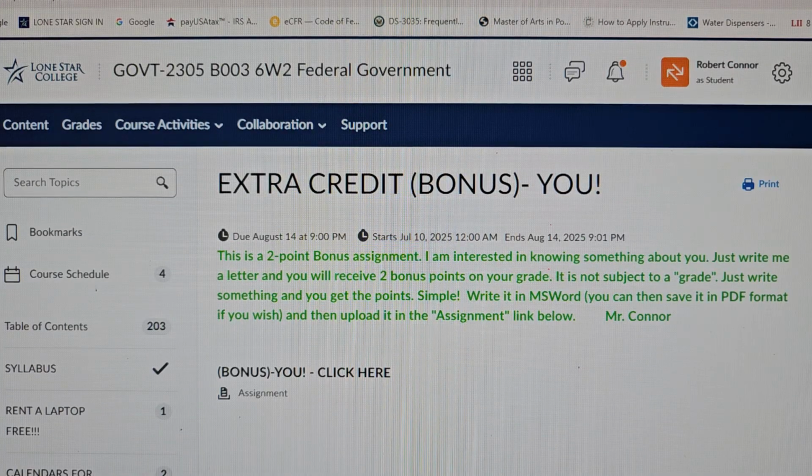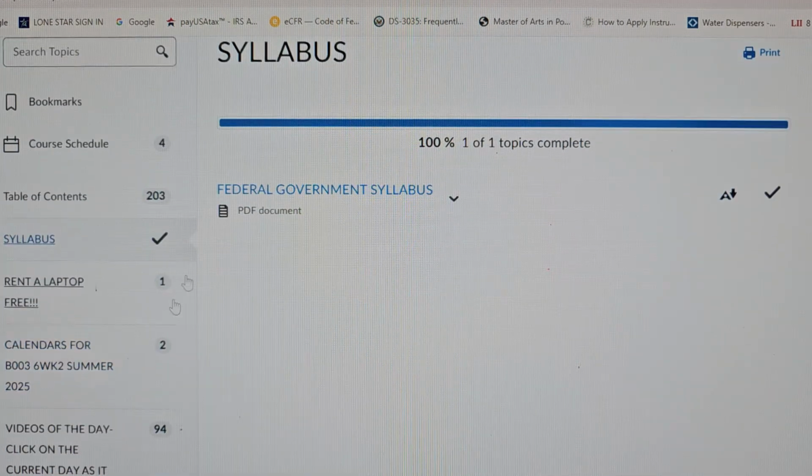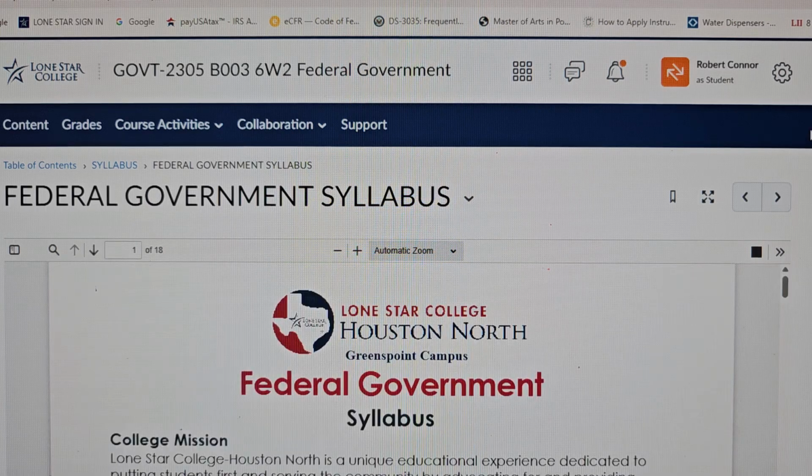Okay, and so that's pretty much the whole course. Look at your syllabus. You need to look at the syllabus because that tells you all about the course. So you need to look at that, and you can do that